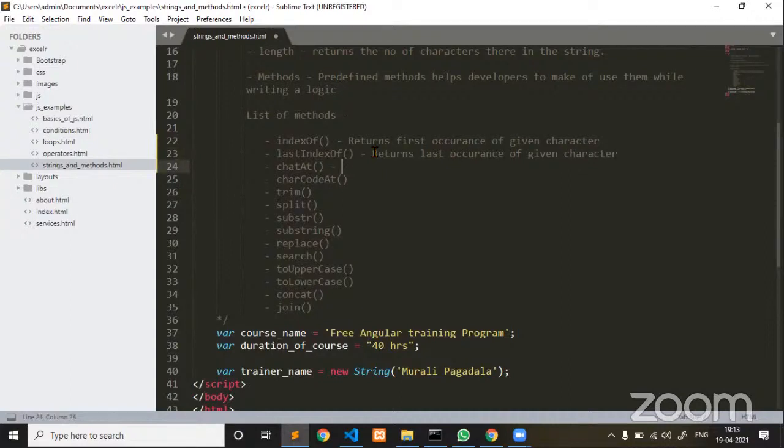Next, charAt returns the character. It is not charCodeAt. So it is going to return the character.